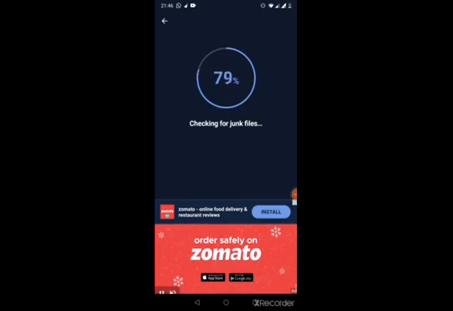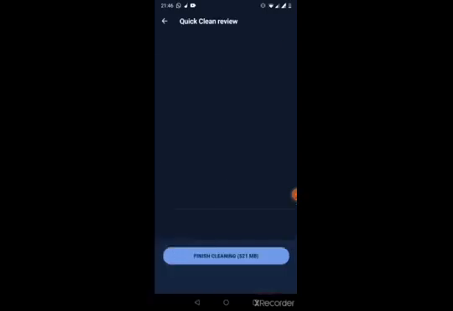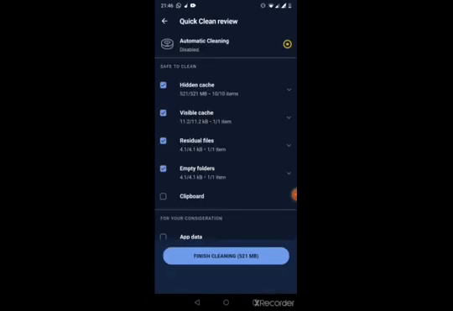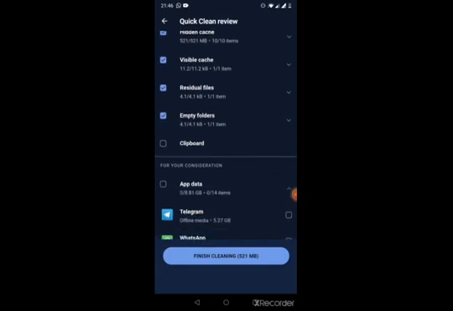are using a lot of applications, like if you haven't scanned your phone for any junk files, it will create a hidden cache of around 6 to 7 GBs, which is not used by us. So this is one of the applications which is used by all the Android smartphone users for erasing all the cookies and cache which is created by the applications installed in your smartphone. You can see the hidden cache has been built up to 521 MB, and you can also see the